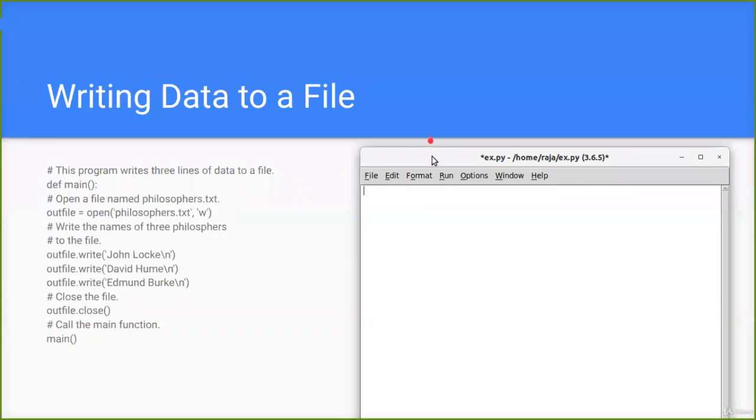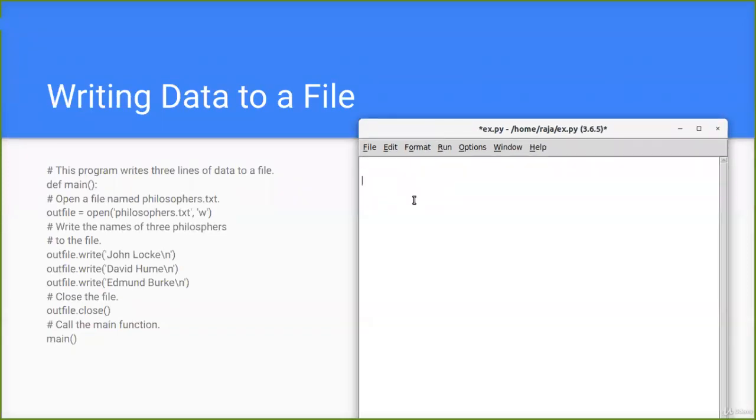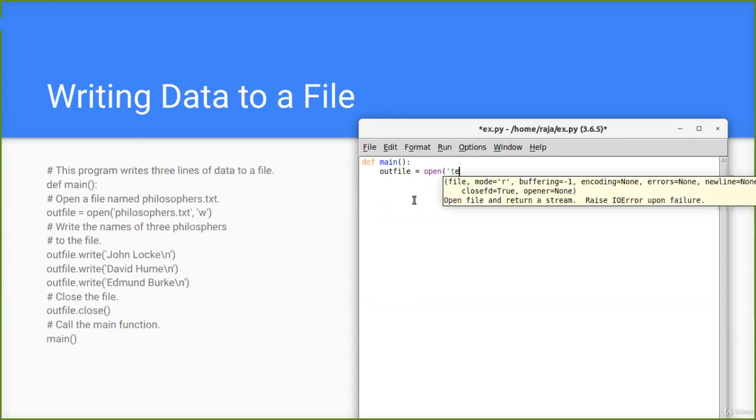I've taken an empty file over here, and I will define my main method, and inside this I will open a file called test.txt,